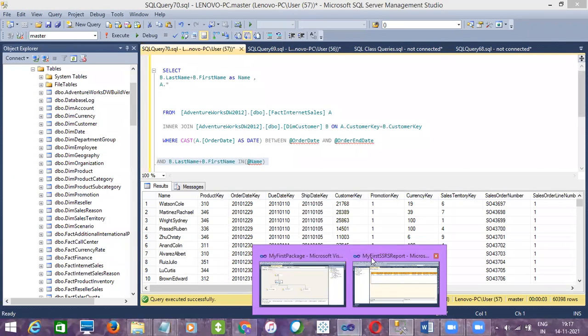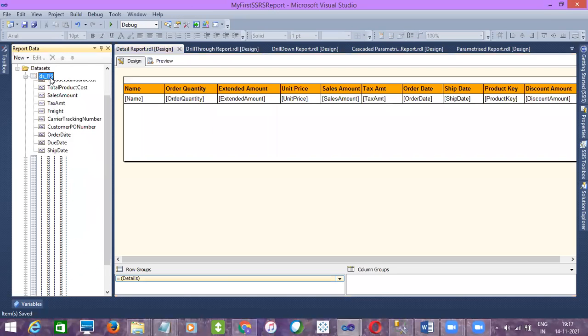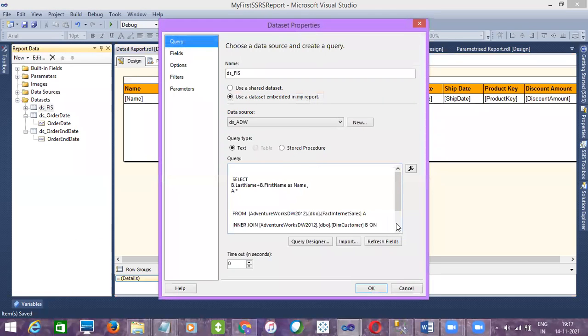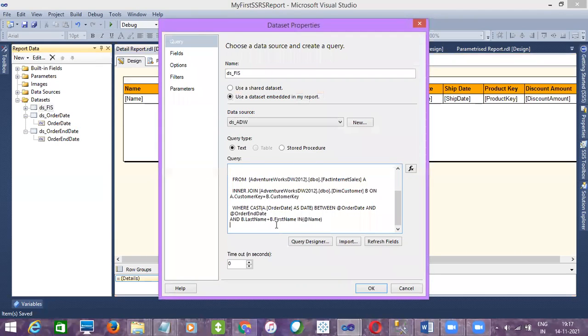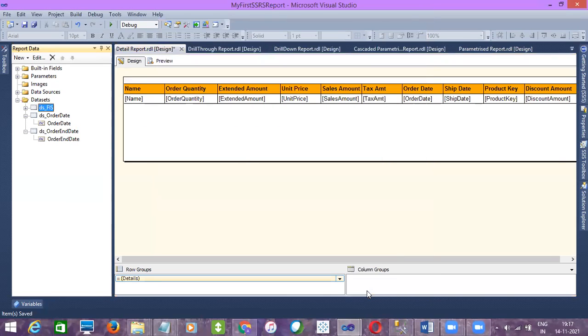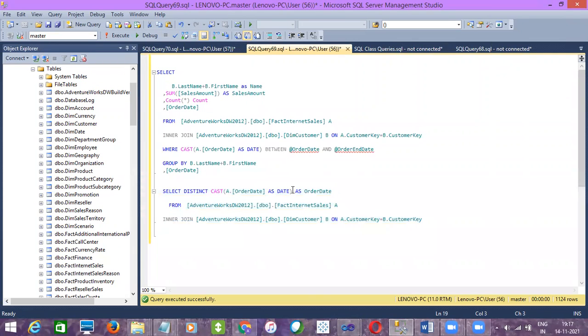So we need to use this filter, right? So let me add a filter to the dataset code. One more condition here, a condition for the name, and this in parameter which is name, right? So click on OK. You can see here name. So we need to create a dataset code for name as well. So let's create a dataset code for name. Let me create a dataset code. So here I'll just choose